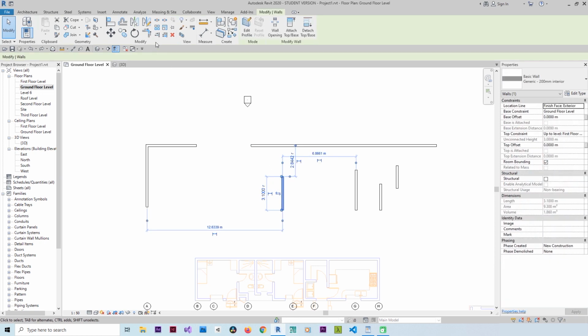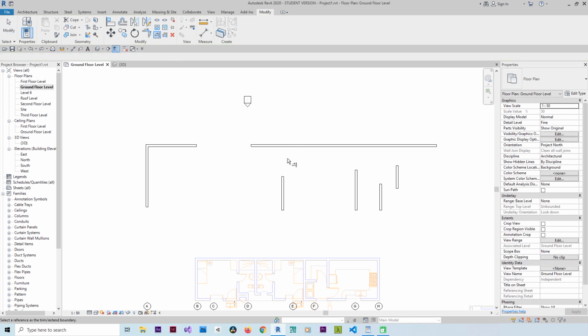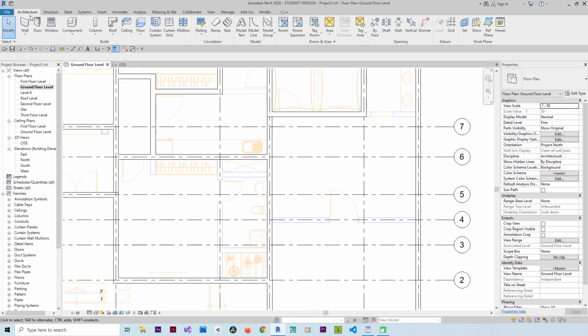I have to use other way to trim extend single elements, and I will select the reference and select the wall. It will connect here, but element by element. If I want to use multiple walls to go to the same reference, I have selected this option, trim extend multiple element, and select the reference and select the walls like this. To continue the interior walls,